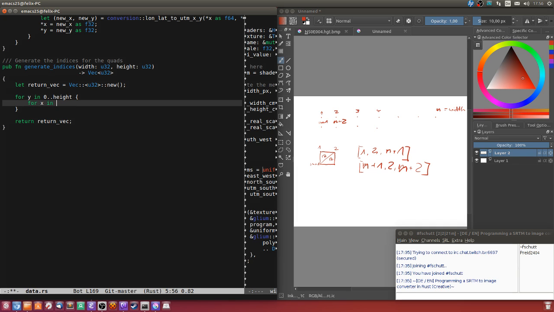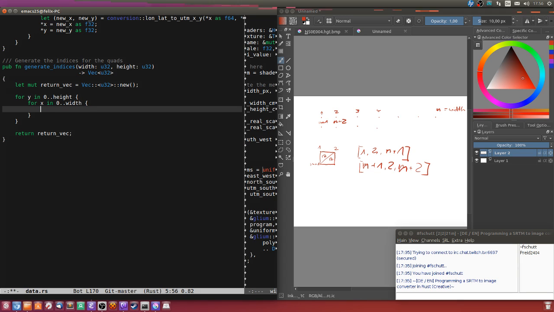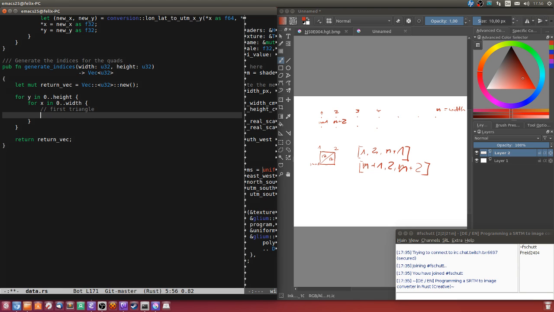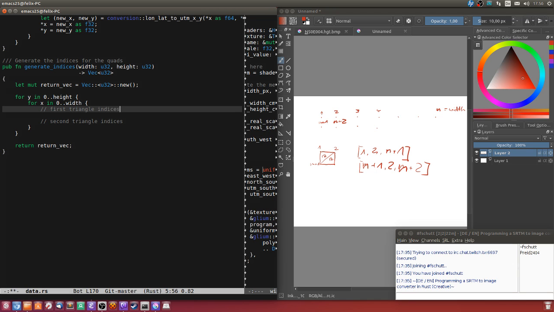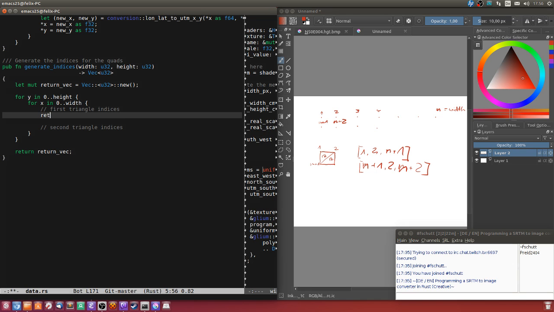For x in 0 to width, we need to make this mutable. Then we use the first triangle, the second triangle indices,